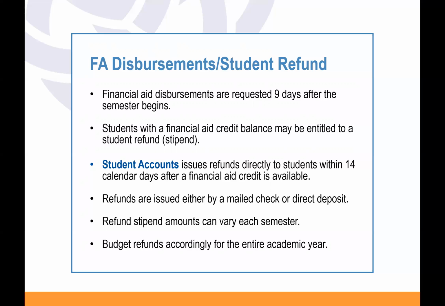That stipend will not come in 9 days. So your tuition and fees will get paid first, which is in those 9 days that we mentioned. Your stipend will come in later. So it will come in 7 or 14 business days after your tuition gets paid. So that's going to be later in the month, right? So if anything, just say like a month after the semester starts, if you want to kind of get a better idea. That's if you have a stipend.